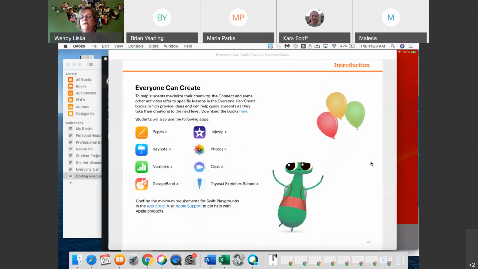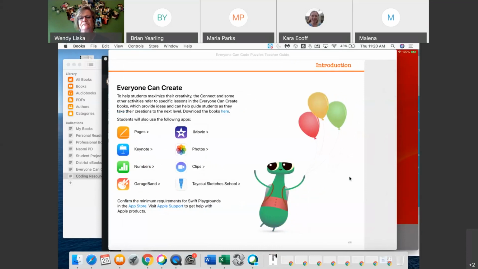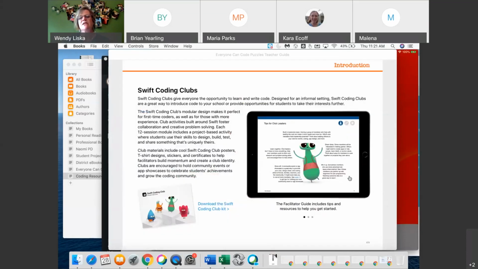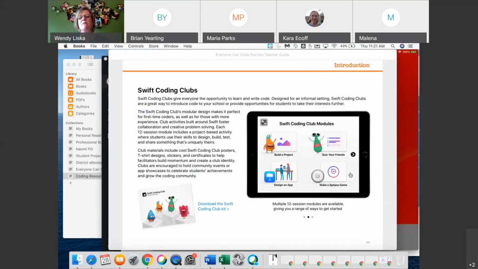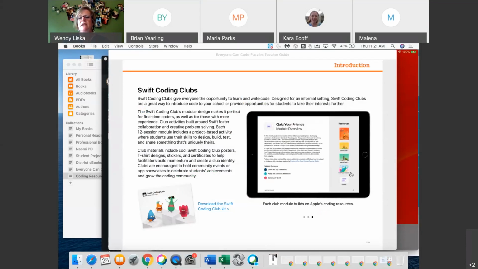It also uses many of the available to your students in self-service, and these are used in the lessons that ask them to reflect on their learning or to try something as an activity that's doing that, building the connection. There's information about clubs and how you might implement that in clubs that are really